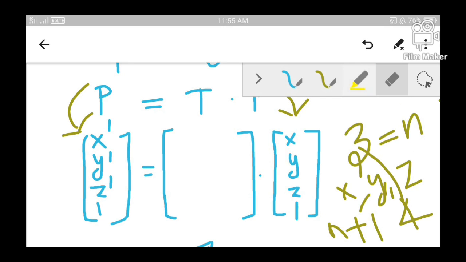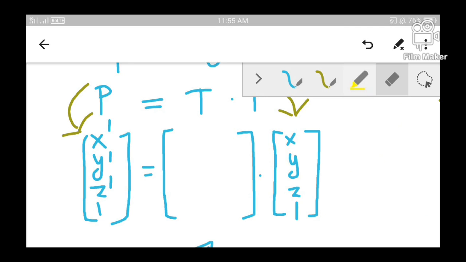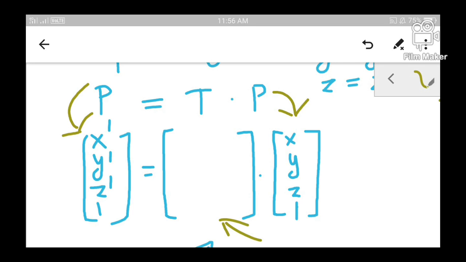So how can we represent the entire thing using 4 coordinates without any change in value? You can use n plus 1 coordinates, with 1 coordinate extra, provided the value of the equations is not changed. So for this purpose we are using the 4th coordinate as 1 so that the value is not changed. Let us see how this works. We have already written the matrices of P and P dash, but we have not written the matrix for T. Let us now see how the matrix T can be written.